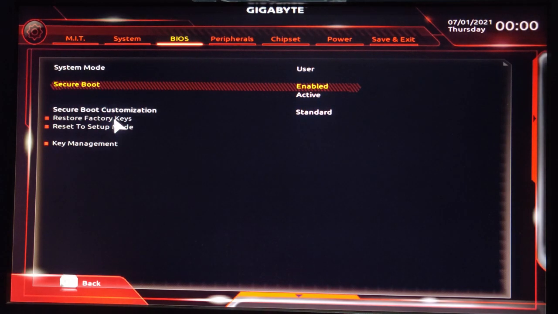In the secure boot section, change the secure boot customization from custom to standard if it is in custom state, and then enable the secure boot. If you are still facing issues, see that your disk partition style is GPT and not MBR.